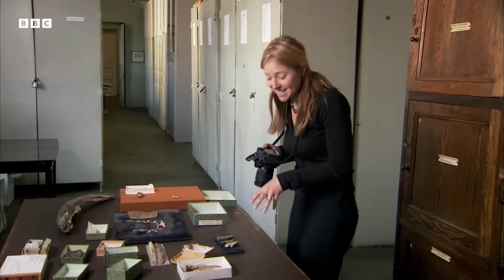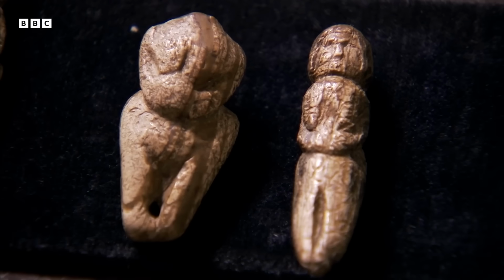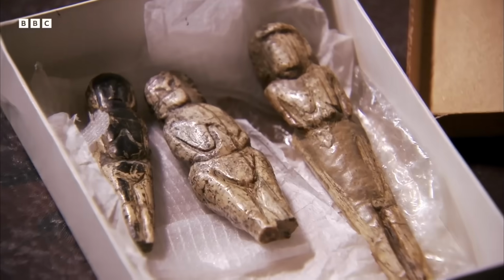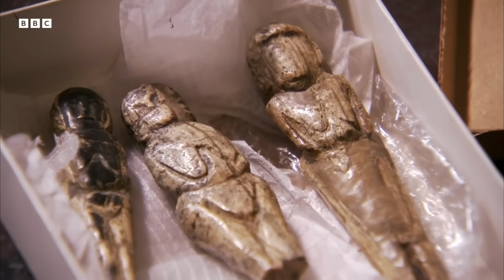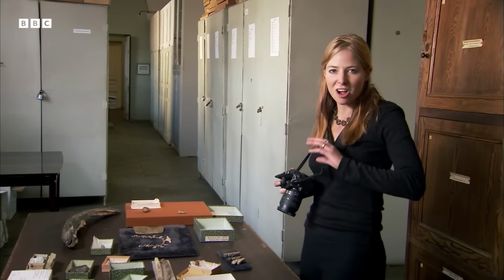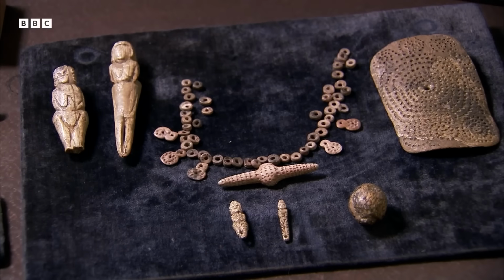And finally, there are these delicate and beautiful little statues of women, and some of them are pierced, so they may have been worn as pendants, perhaps amulets. It's possible that they're fertility symbols, really underlining the importance and difficulty of producing children during such harsh conditions. And in fact, some archaeologists see this entire, very beautiful collection as a cry to the spirits in a time